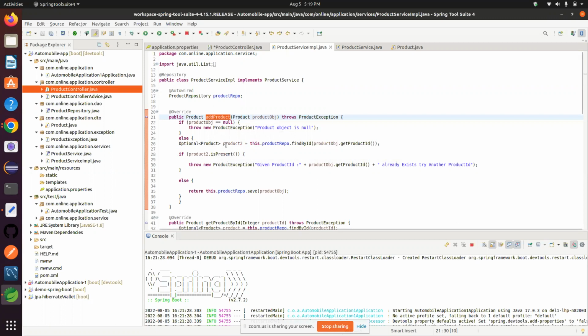Else, we take find by ID. Through the ID we can find the product object, and if the product is present, then it throws the exception that the given product ID exists. Try again later. If not, then it will save the product.